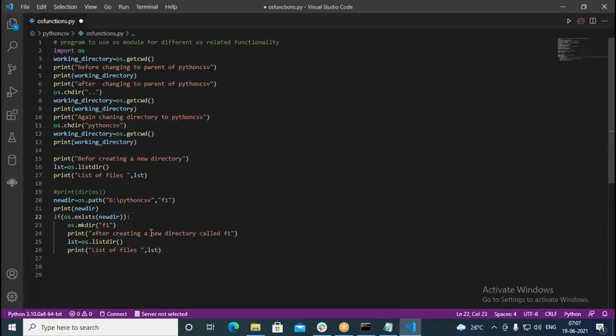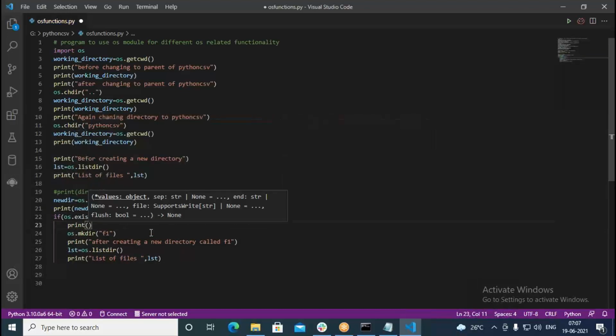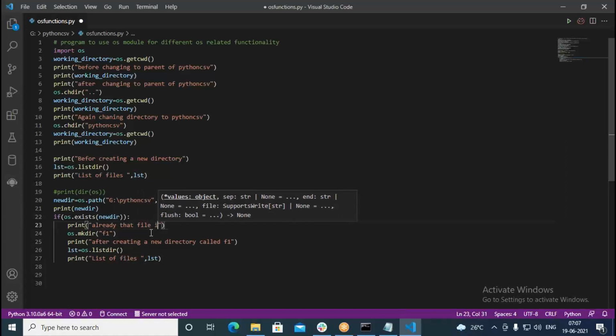Then exactly what I do, print already that file is created. Like this we should get a message.